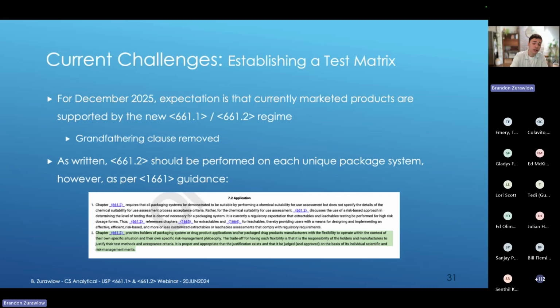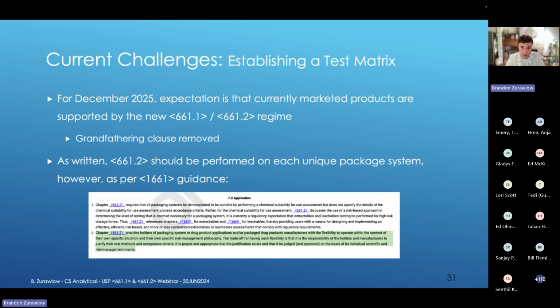And so that also speaks to the concept of establishing a test matrix. It's the expectation for December 2025 that currently marketed products and pending products would be supported by the new 661.1 and 661.2 chapters. The grandfathering clause was removed, as we had previously noted. And technically, if you follow 661.2 per the way the chapter itself is written, 661.2 should be performed on